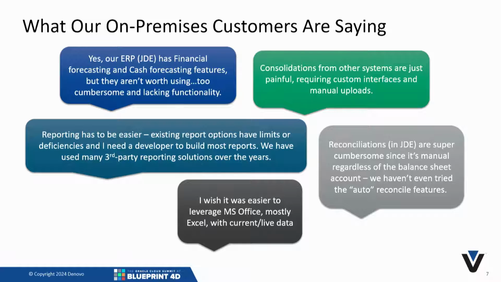Reporting needs to be easier. Consolidations are painful. It's not very well connected. Some of the forecasting and planning functionality in JDE is newer, and a lot of customers did not take that up when it was rolled out. So anyway,